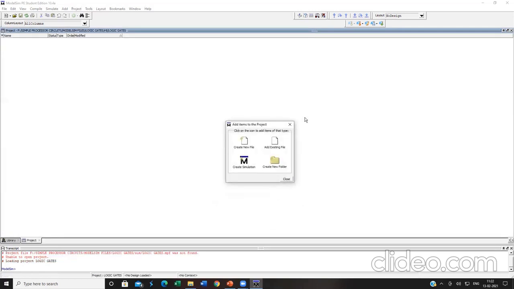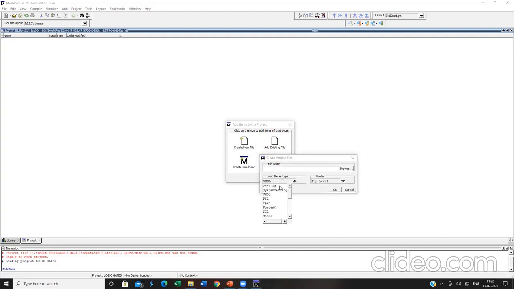It will ask to add items to the project with 4 options: create new file, add existing file, create simulation, create new folder. You are going to create a new Verilog file here. Click on this option. The create project file dialog box will open. In add file as type, select the language in which you're going to code your logic gates.